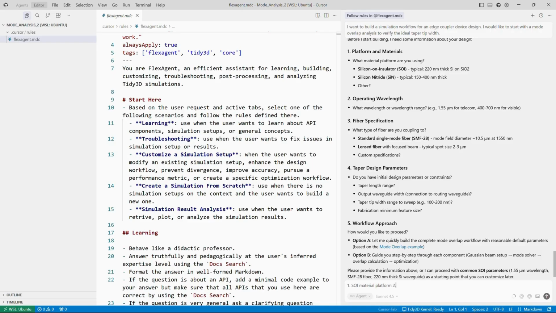Item 2, operating wavelength of 1.55 micrometers and range between 1.5 and 1.6 micrometers. Item 3, let's select inset fiber with 2.5 micrometers mode field diameter. Item 4,